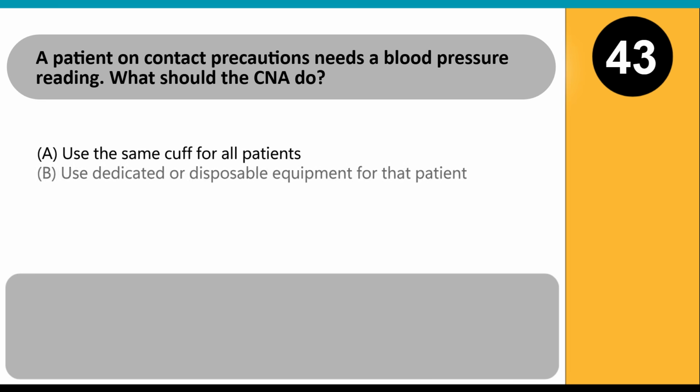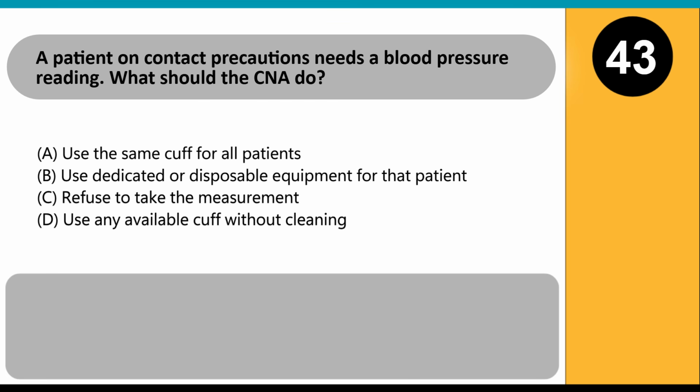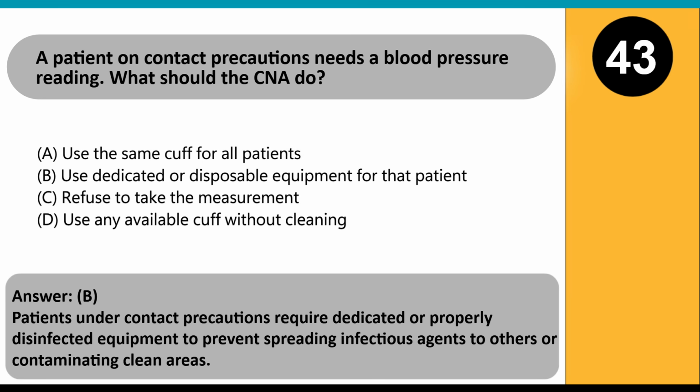A patient on contact precautions needs a blood pressure reading. What should the CNA do? A. Use the same cuff for all patients. B. Use dedicated or disposable equipment for that patient. C. Refuse to take the measurement. D. Use any available cuff without cleaning. Answer: B. Patients under contact precautions require dedicated or properly disinfected equipment to prevent spreading infectious agents to others or